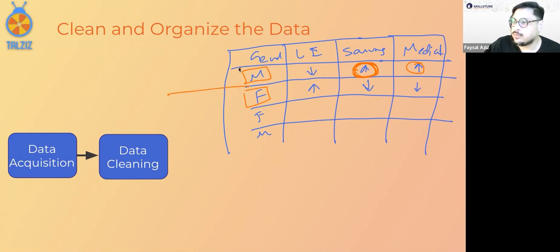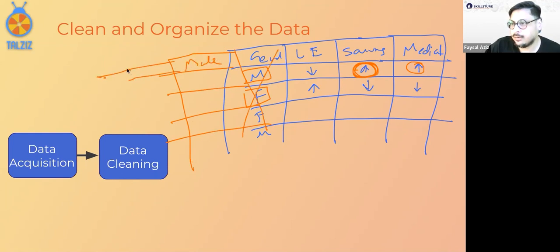So sometimes you have to do something called one-hot encoding, whereby you change this data. Instead of writing it like this, you write male and female. In this case, male will be 1, female will be 0. These are, of course, mutually exclusive. In this case, male will be 0, female will be 1. Or you could just do 1 means male, 0 means female. You could do it that way as well.